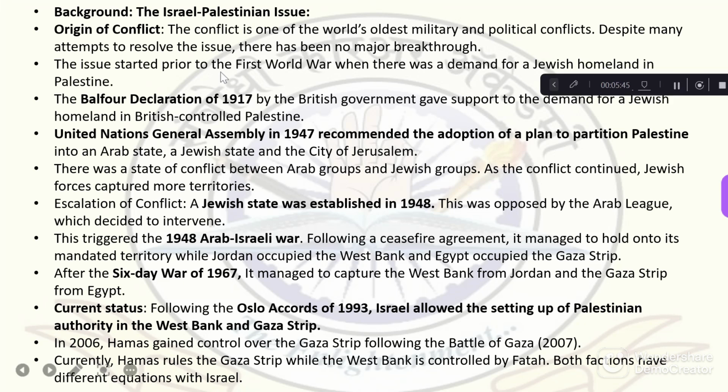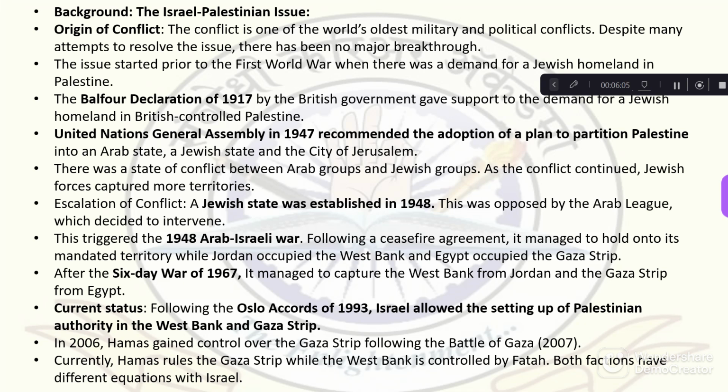Before the Balfour Declaration, there was the First World War, which started in 1914. During the First World War, there was a demand for a Jewish homeland in the Palestinian region, and then there was the Balfour Declaration in 1917 by the British government, in which they declared their support for the Jewish